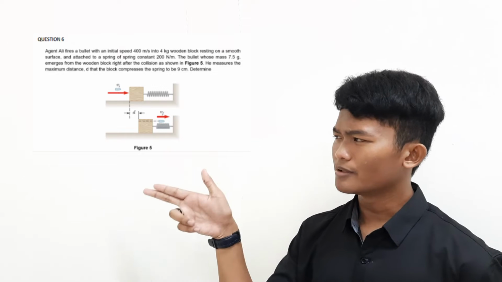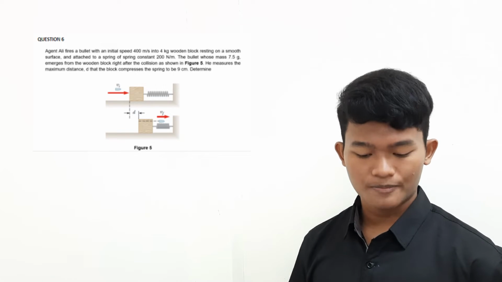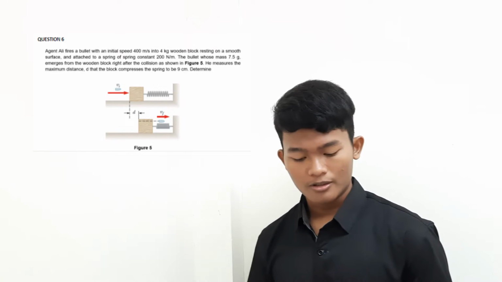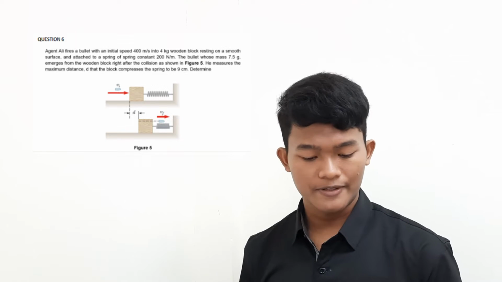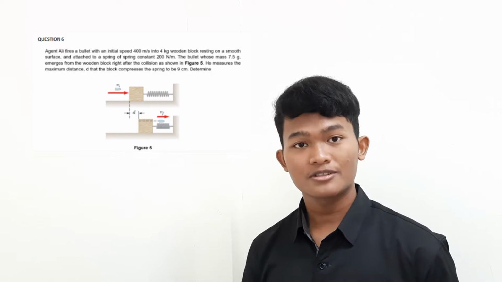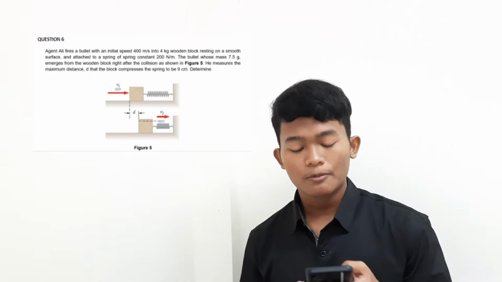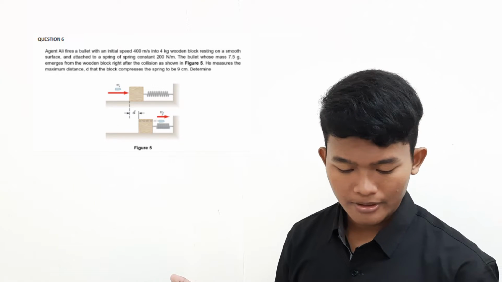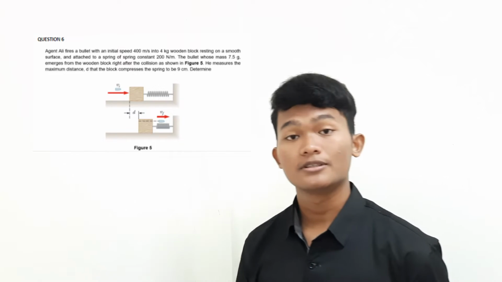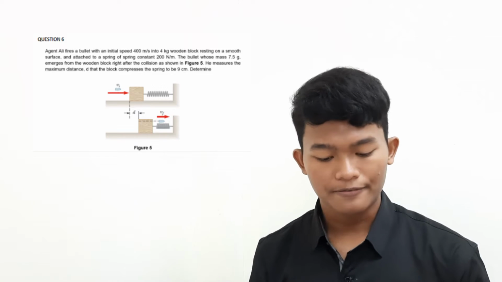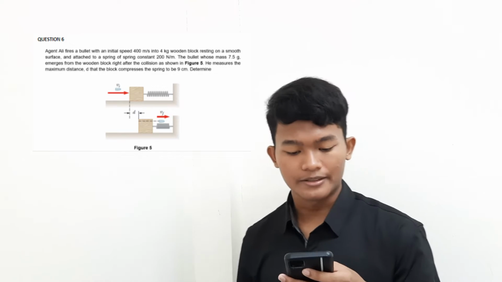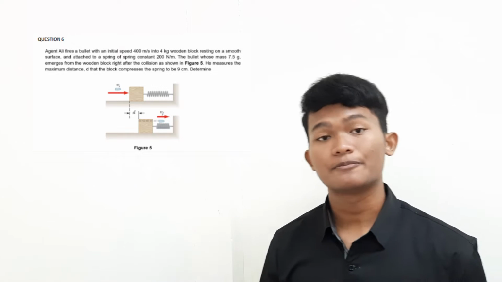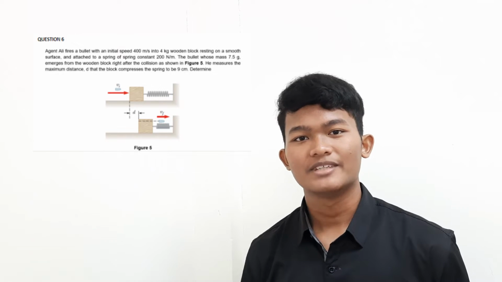Agent Ali fires a bullet with an initial speed of 400 meters per second into a 4 kg wooden block resting on a smooth surface and attached to a spring of spring constant 100 Newton per meter. The bullet, whose mass is 7.5 gram, emerges from the wooden block right after the collision, as shown in Figure 5. He measured the maximum distance d that the block compresses the spring to be 9 cm. Determine: